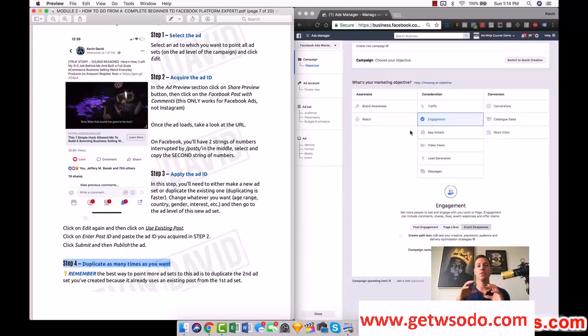And then once you do that, guys, and once you use the existing post, every time you duplicate that traffic campaign where you use the existing post, it's going to redirect all of the new traffic that you're bringing to that ad to the same post ID. And that is so powerful because now you're showing it to a bunch of different people with different interests, with different split tests, right? You're gonna change one little thing at a time. So you're gonna try to figure out which one is converting the best for you. But all of those different split tests are all pointing to the same post ID.